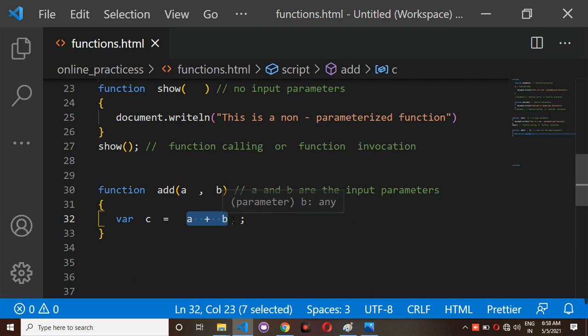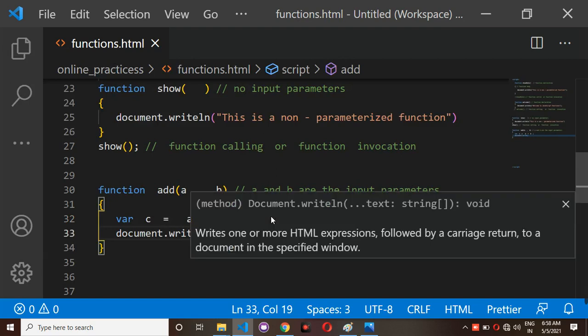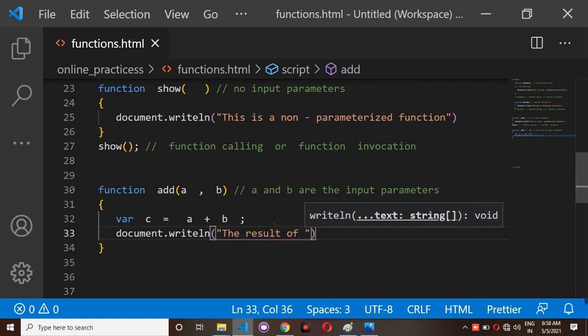So a plus b means, for example, if you pass the a value as 20 and the b value as 10, then 20 plus 10 is 30. 30 is the final value you are going to store, or assign, to the variable c. Then you print document.writeln of the result of the c variable.